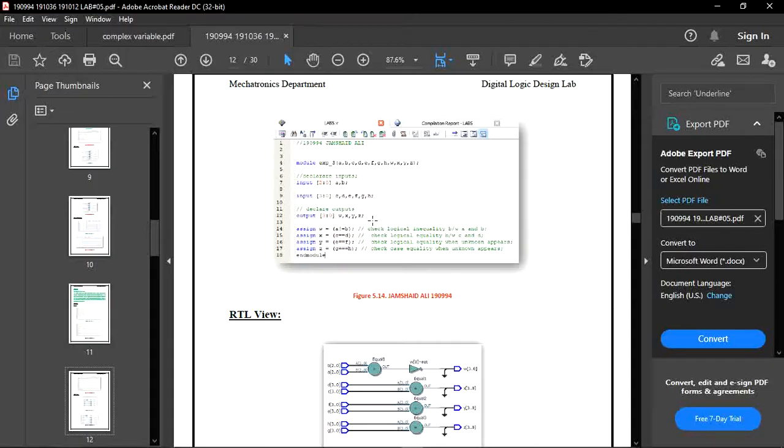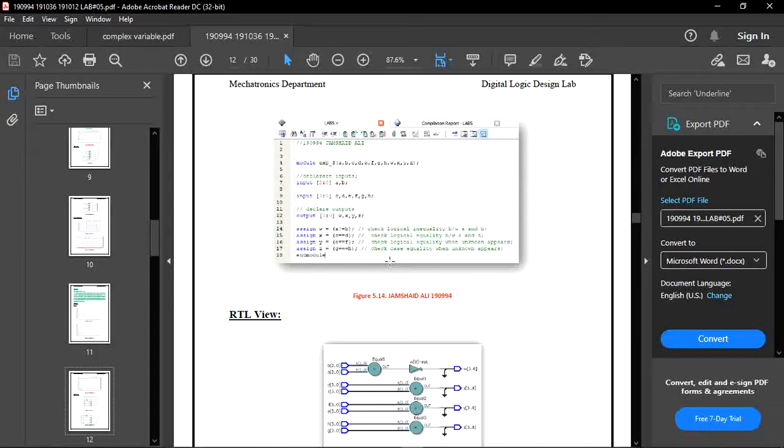In other cases we also check logical inequality and logical equality when an unknown appears, meaning there is one variable in both functions which is unknown. And after it we also have to check case equality when an unknown appears, meaning there is one variable in both cases. Let's suppose in g there is one variable which is x, unknown, and there is an h function in variable x.